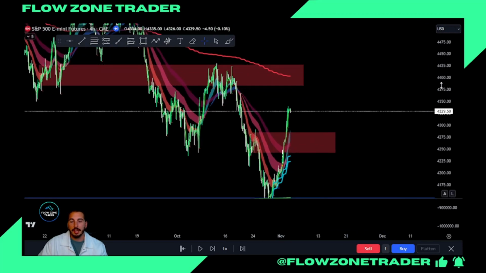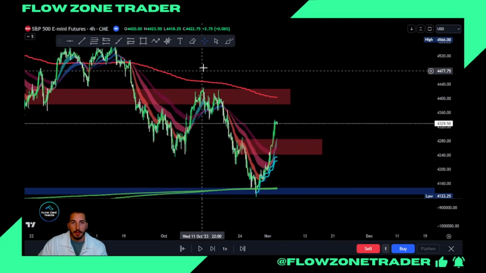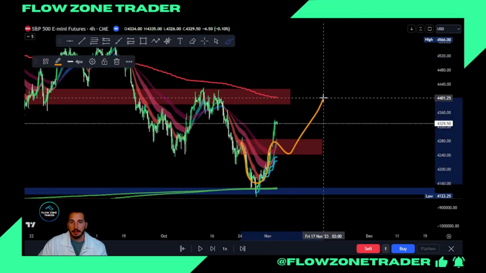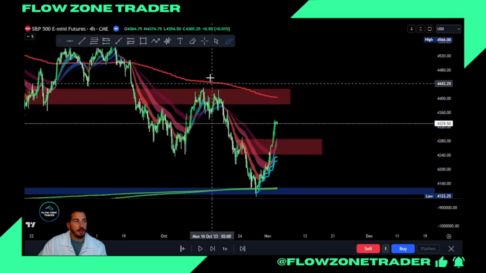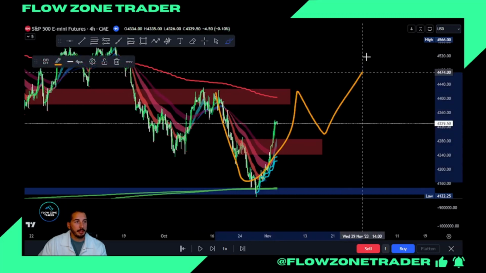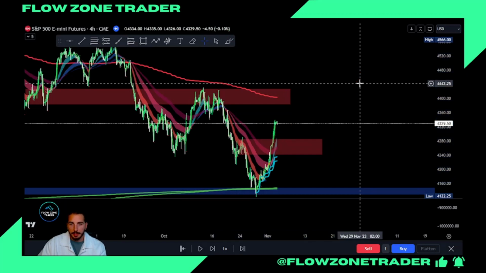So if you just think about big picture, what we could potentially have here, we could potentially have a cup to here with a handle. Okay, we could potentially fill the whole cup. All right, so the retest of that supply level could be like this. All right, that's more than possible. I'm not going to say that's out of the picture, it's absolutely possible.